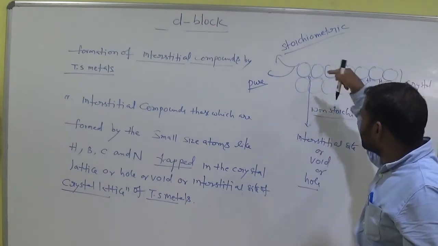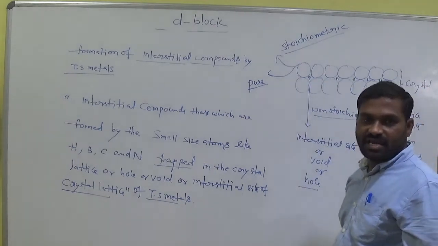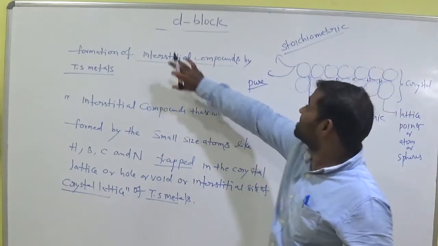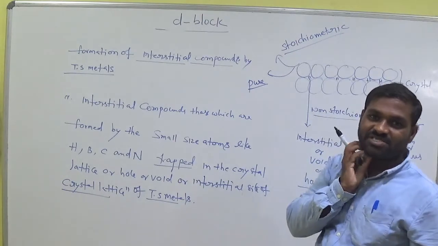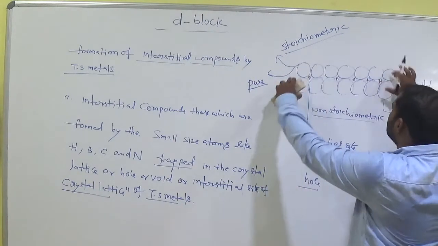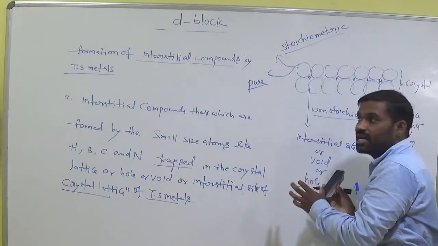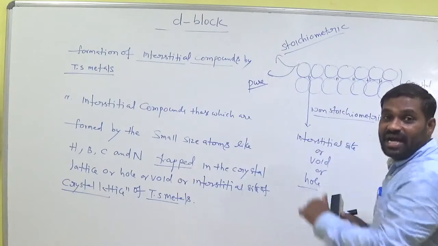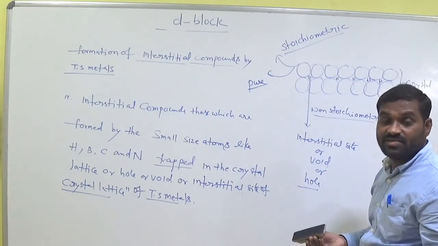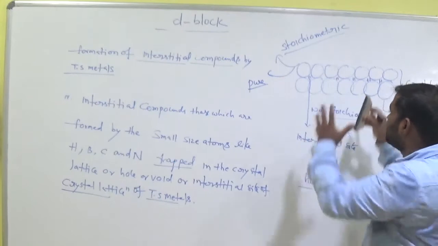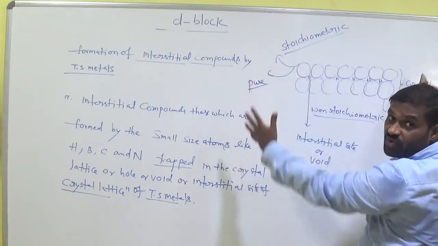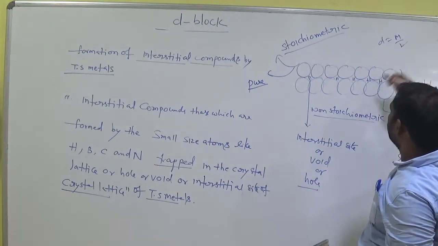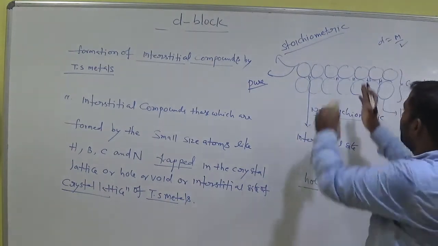After adding hydrogen in the gaps or interstitial sites of the crystal lattice of transition metals, it becomes an interstitial compound of transition metals. Initially it is a transition metal. When we add hydrogen, it becomes an interstitial compound. By adding hydrogen, its strength increases, but density decreases. Why? It undergoes expansion. Expansion means volume is high. Density equals mass by volume. When we add more hydrogen, it expands more.